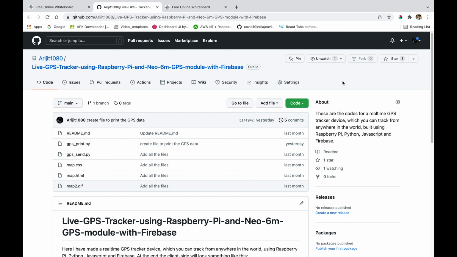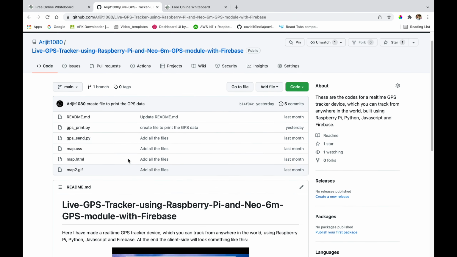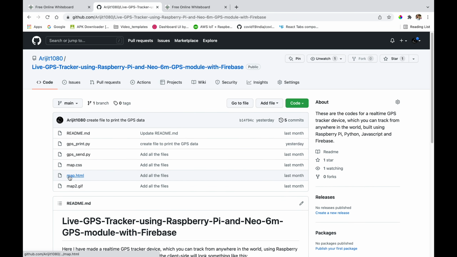As the Firebase part is done, now we have to talk about how you can fetch the data from Firebase to our web page, and how we are going to use the Google API and all these things. Now we'll see. Okay. Now for that, if you see my GitHub repo, so there are two files, which is